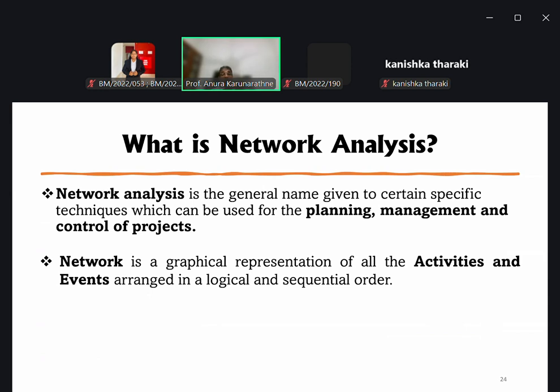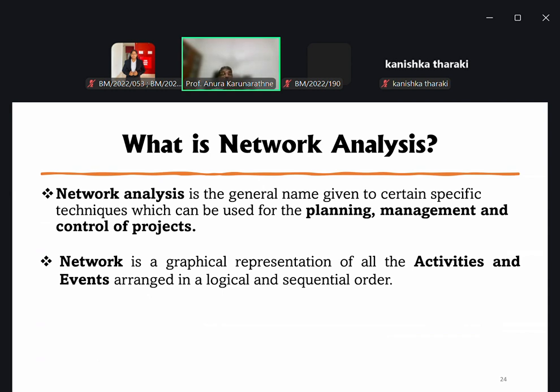It is the general name given to certain specific techniques which can be used for the planning, management, and control of projects. Right? It is very clear. So what are the key components of this network, and why are we using network, especially for planning and control of projects? That is the key idea.